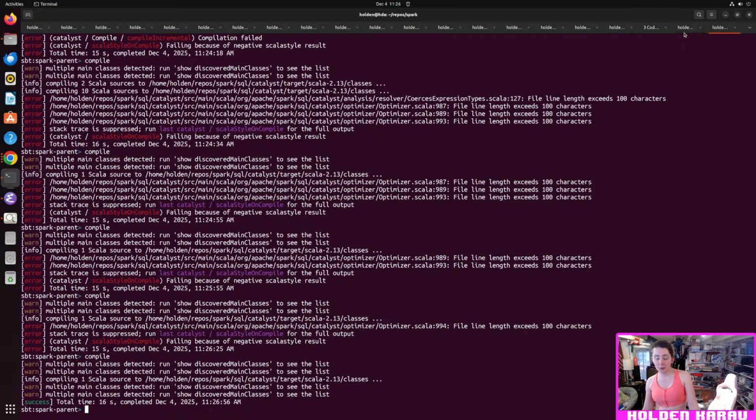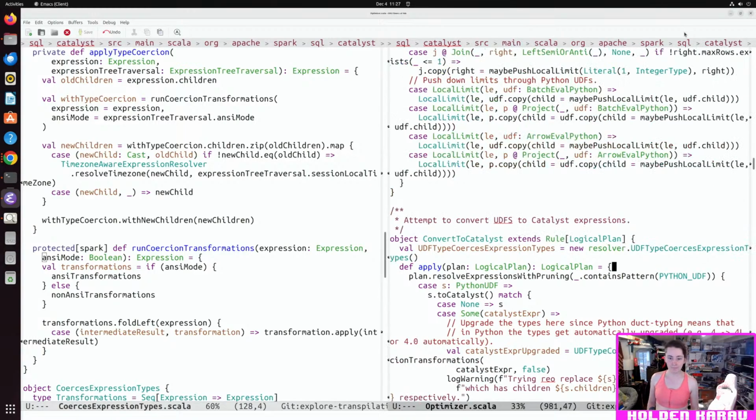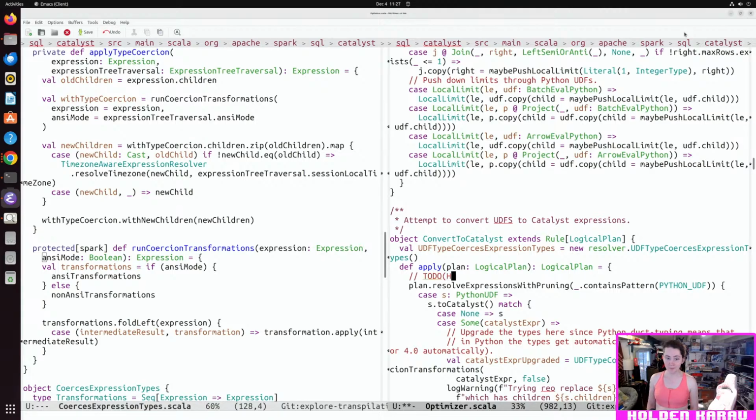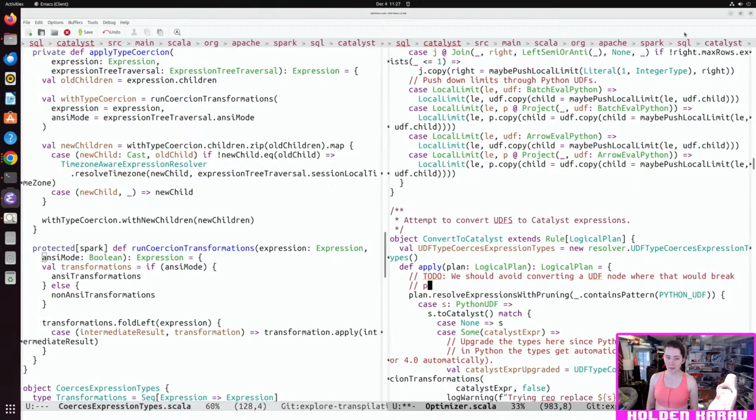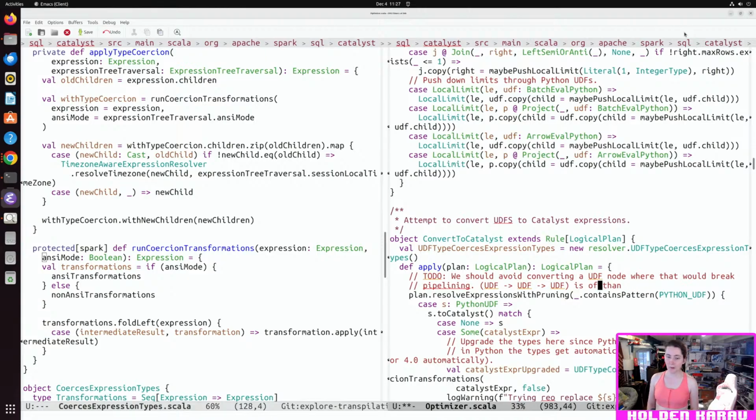Okay. Oh yeah, okay. And then so to do: you should avoid converting a UDF node where that would break pipelining. Catalyst is often cheaper than UDF.